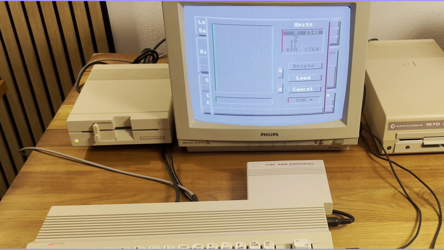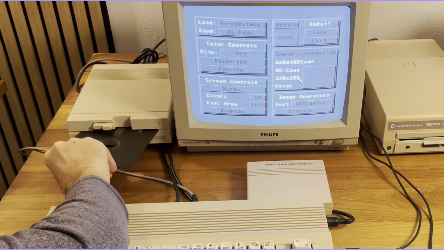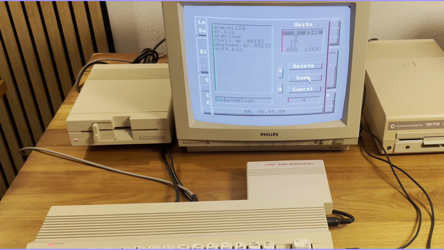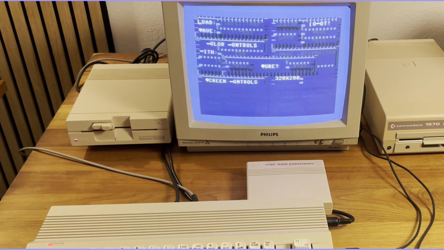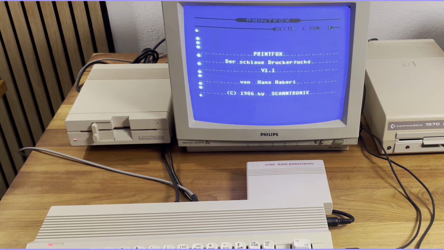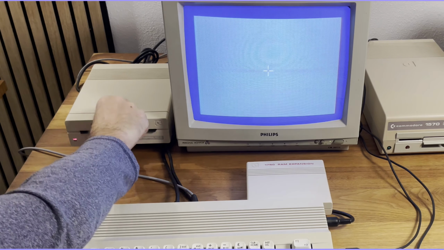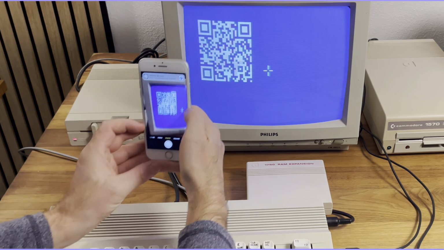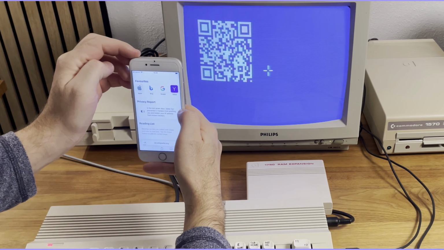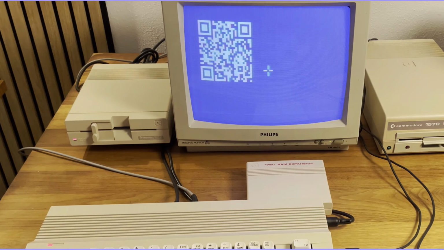When I had the QR code generator implemented, I got in touch with Arndt, who is still maintaining Godot to this day, and asked whether he'd be interested in wrapping this into a Godot module. And he did. He was just as excited as I was about this, took my QR code generator code and did what was needed to forge it into a Godot expansion module. You can find the download link in the description. Going forward, I can just generate the QR codes directly on the C64 and save it in Printfox format.